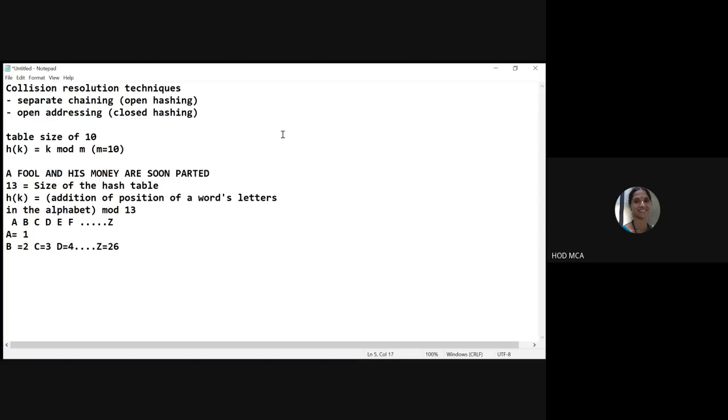I'll write here. I'll take my table locations starting from here, 0. So since I said table size is 13, I'll have to take 13 positions in my table, correct? 0, 1, 2. Let me put down that first. 3. This is my hash table, all right. 4. How many positions should we have? We have been given mod 13. So you should have 13 positions in your hash table.